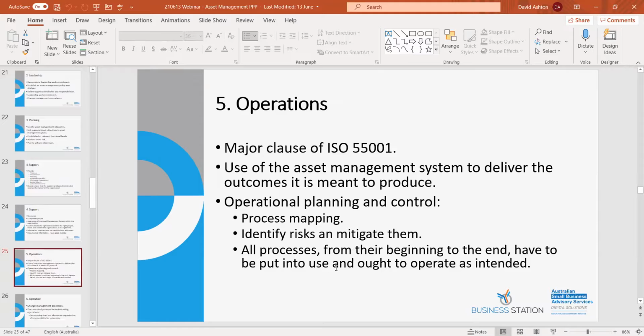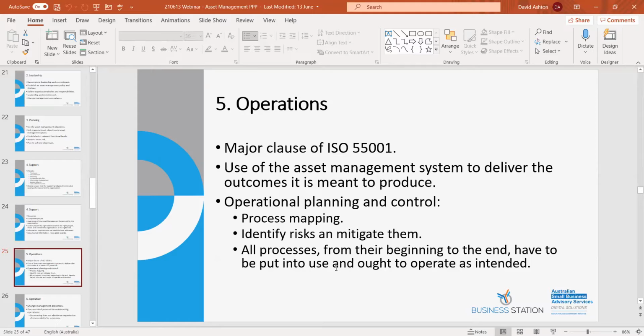So the operational side of it, it's the major clause of the 55001 standard. This is the actual doing. So, using the asset management system to deliver the outcomes that you state that you want to achieve from it. So the operational planning, so developing the policies, procedures, the work instructions, making sure that you've got operating manuals available for the plant and equipment,